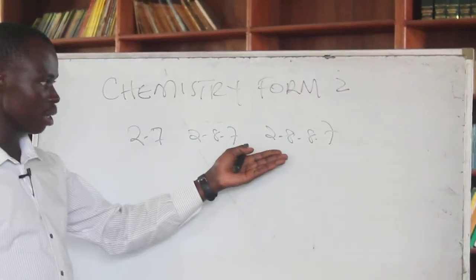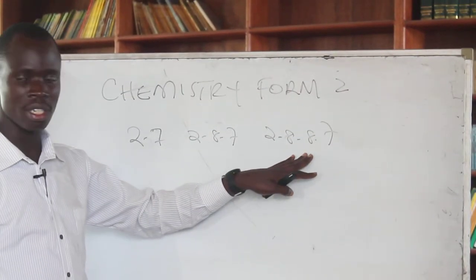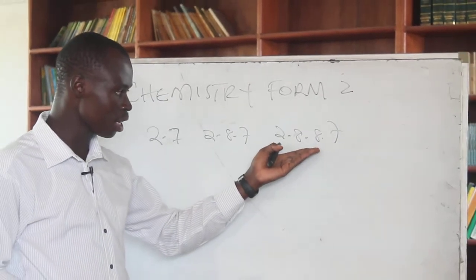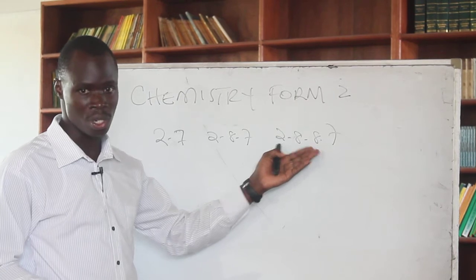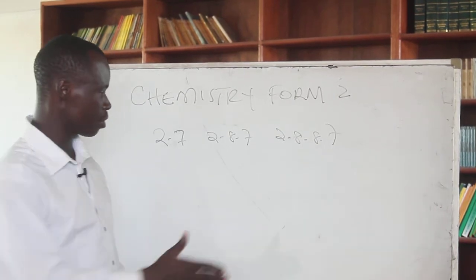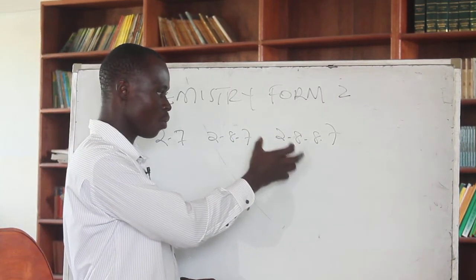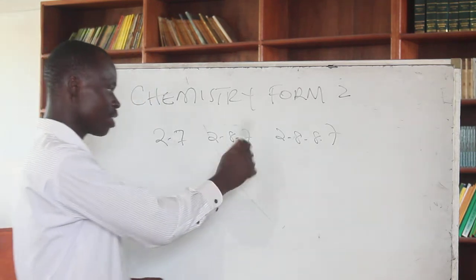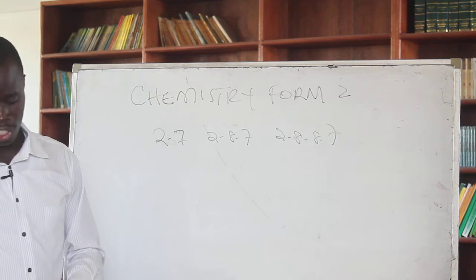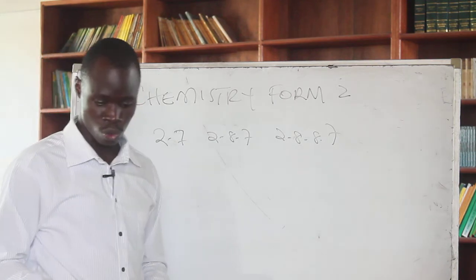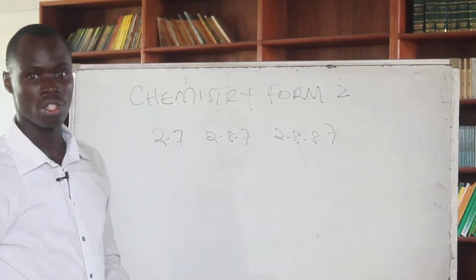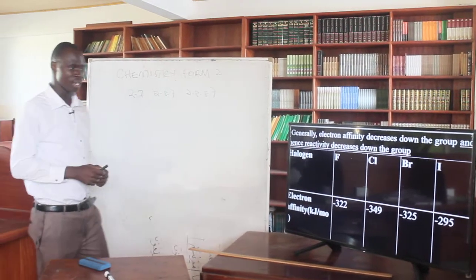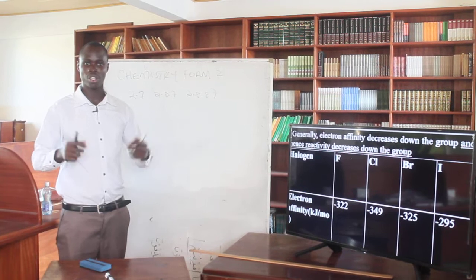This one having the largest atomic radius means the nuclear attraction in this is reduced, and therefore it has the lowest electron affinity, which means it's the least reactive. So electron affinity affects what we call the activity of halogens, and that is a diagram or a table showing